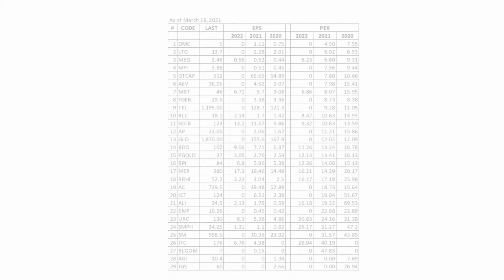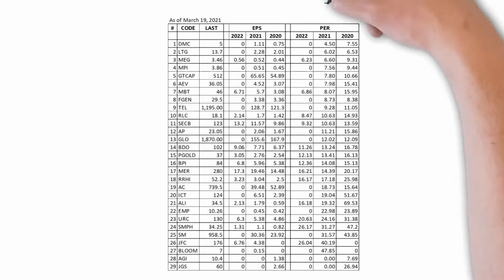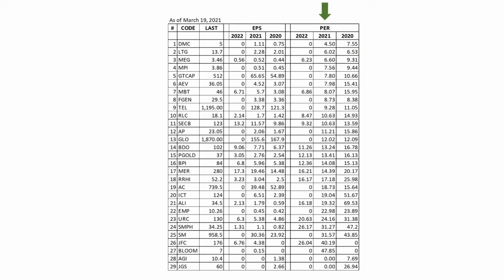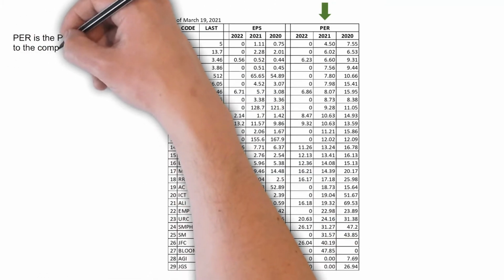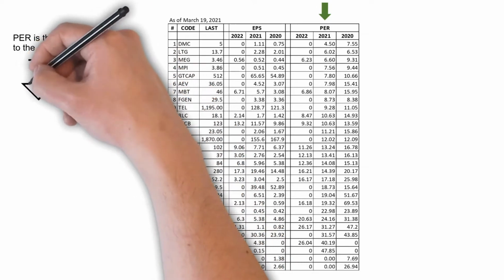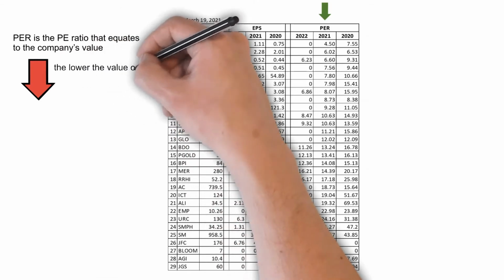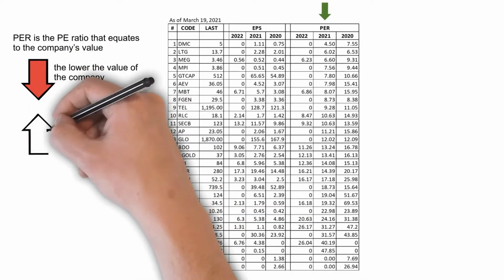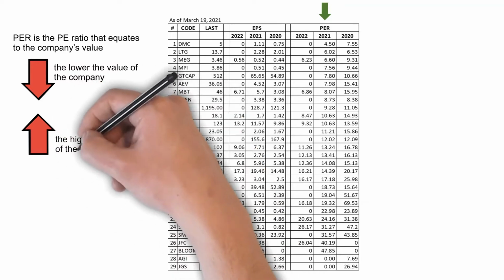Here are the sorted blue chip stocks downloaded on the BPI Trade website based on their PER for 2021. As a review, PER is the PE ratio that equates to the value of the company. If we are sorting the PER of the index stocks or the blue chip stocks, the lowest stock means that it is the most undervalued stock. On the other hand, the higher the PER of the stock, the higher its value, or it is overvalued compared